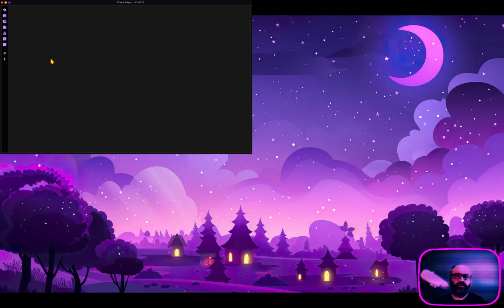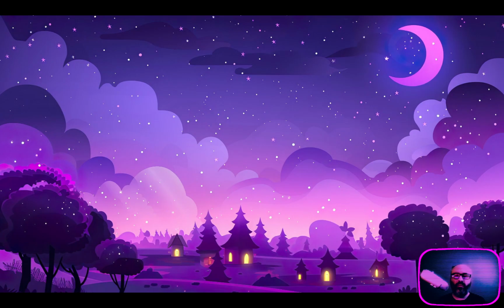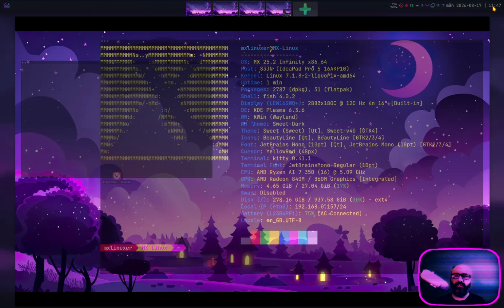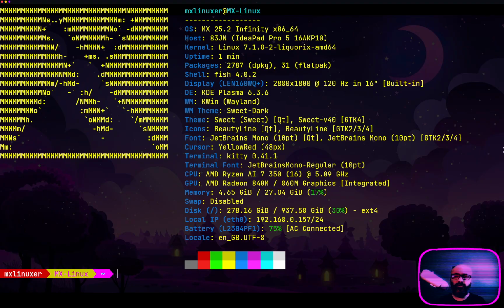Nice. So yeah, we are back in MX Linux 25.2 Infinity version with KDE Plasma. Let's check out the system information via the terminal. Here we are. You can pause the stream to take a good look at your own pace. Just pay attention to the screen resolution, which is 2880 by 1800 running at 120 Hz. Basically 1440p screen resolution. And I'm recording and streaming today in this native screen resolution, but downscale in almost full